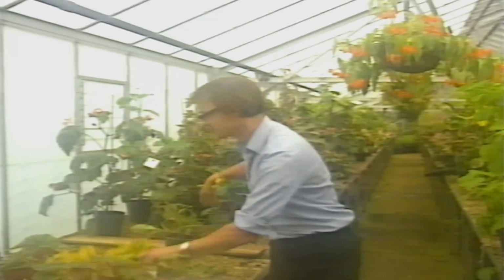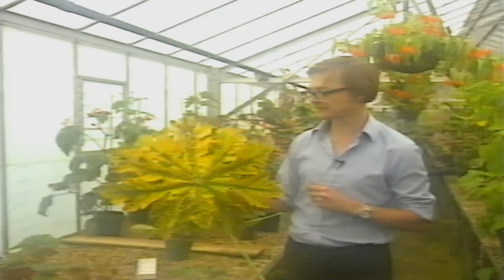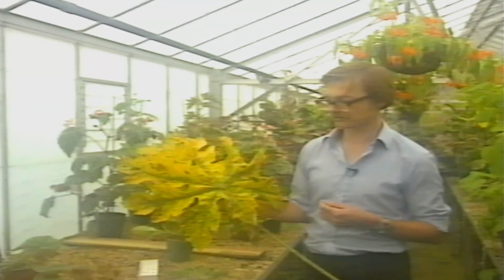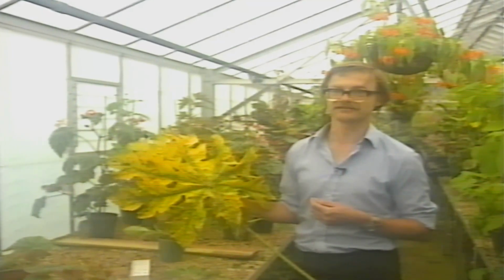The other pest is mealybug. Again, a sap-feeding pest. Again, it produces honeydew and sooty mold. It's difficult to control because it covers itself in a waxy material which helps to repel sprays, and it likes to live in relatively inaccessible places on the plant, like leaf axils, where the sprays don't penetrate too well anyway. The biological control for this is a little ladybird, something which has come from Australia and the Far East,